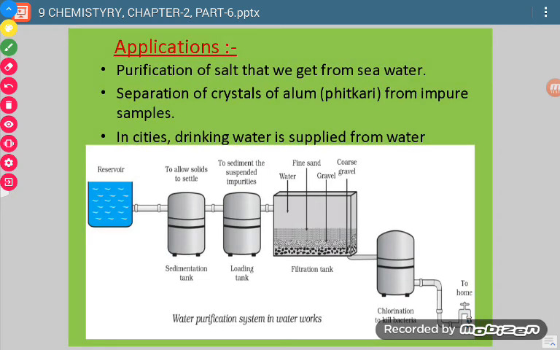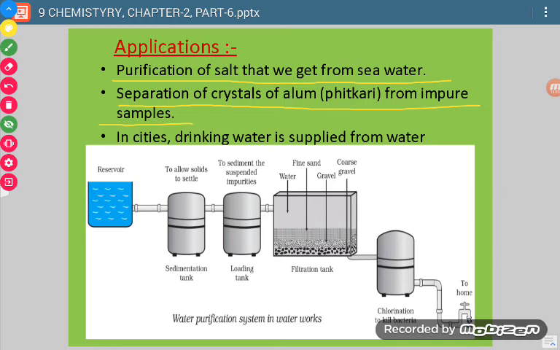Now, where do we use crystallization? In the purification of salts we get from seawater. Seawater contains so many salts, and the most common is common salt. So if common salt is to be separated, then we use the process of crystallization. Another use is the separation of crystals of alum from an impure sample. Fitkari, you might know, is used during shaving. If we want that substance in a pure state, it can also be purified by the process of